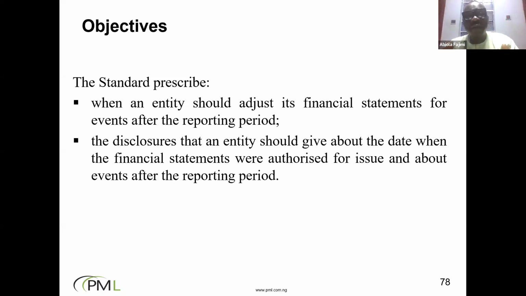One of the things that will have happened between that 31st December and today is that you will have gotten more information, even about your transactions and the state of the business, as at 31st December 2024. How do you factor that information into the financial statements? You have not signed your accounts, but you have passed your year-end day of 31st December 2024. So what happened between that day and today, or when you are going to sign the accounts, how does it affect the financial statements? That is what IAS